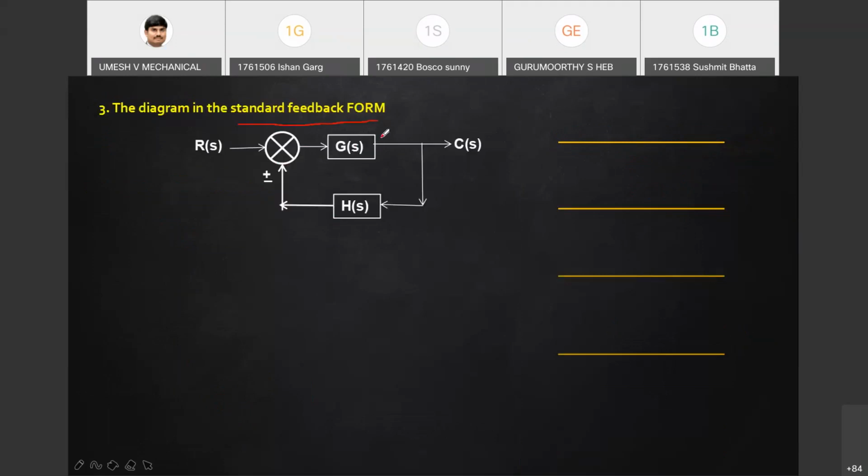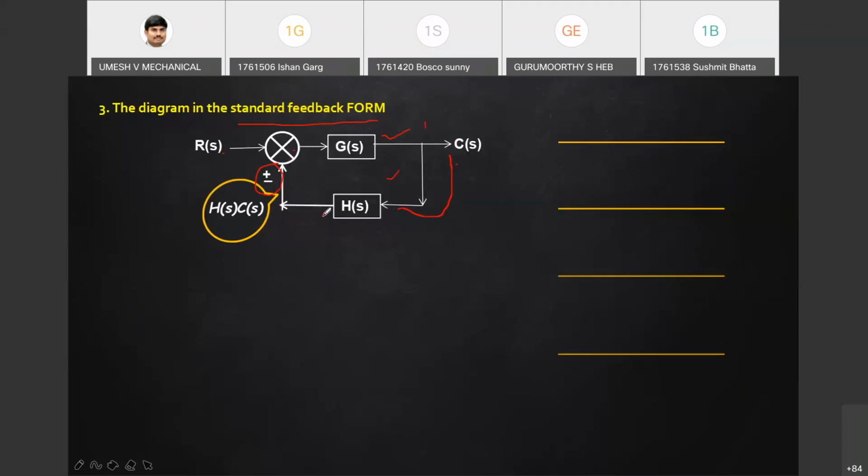And the standard or the canonical form of the block diagram is like this. I told you, one forward path, one backward path, one summing point, one input, one output. Here it may be plus or minus. How to reduce this into a single block? Just see these different steps. So the signal coming here near the summing point is the multiplication of C(S).